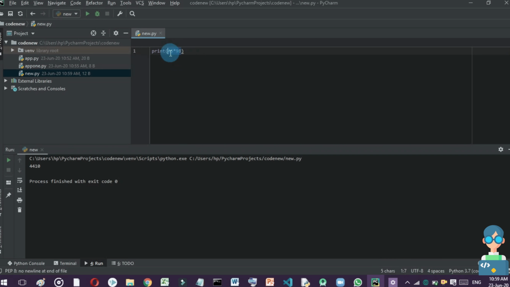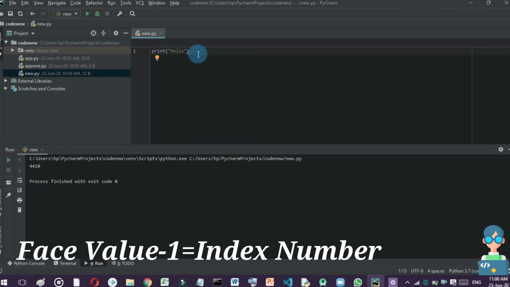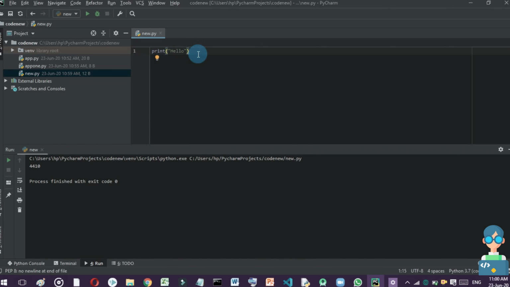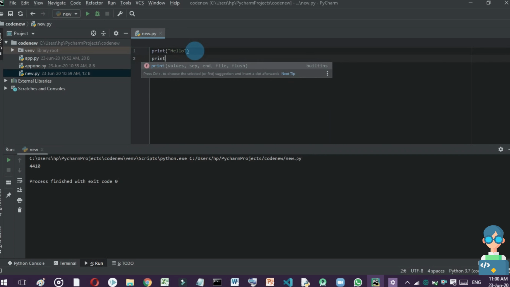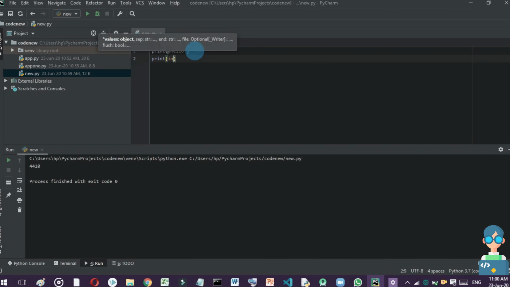Now in Python, if we write something like hello, then you can see H is the first letter, E is the second one, L is the third, the next L is fourth, and O is the fifth. But in Python we use index numbers to fetch these letters. Like in Python, H will become 0, E will become 1, L will become 2, this L will become 3, and this O will become 4. So to print an index number or to fetch it, we use print hello, and then we use these brackets and use 0.